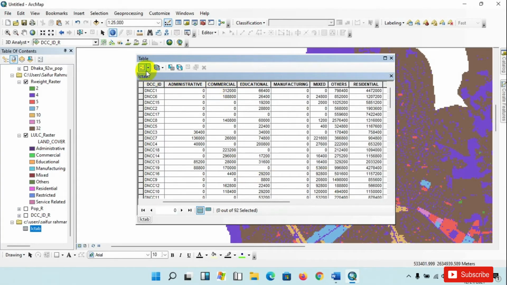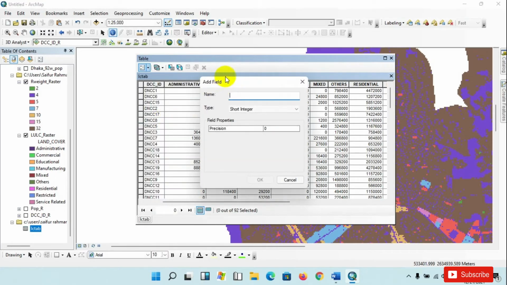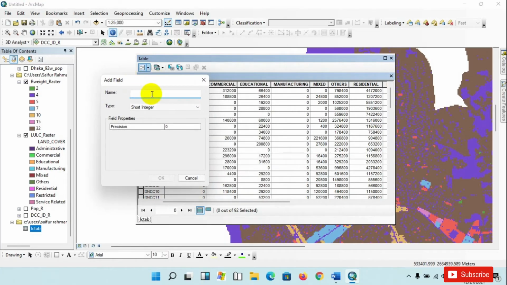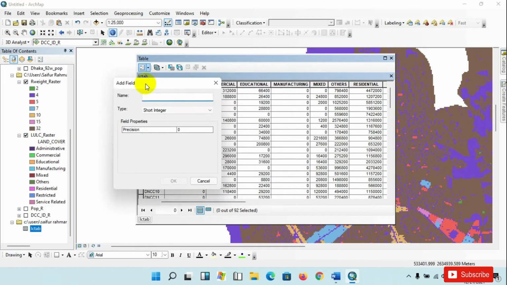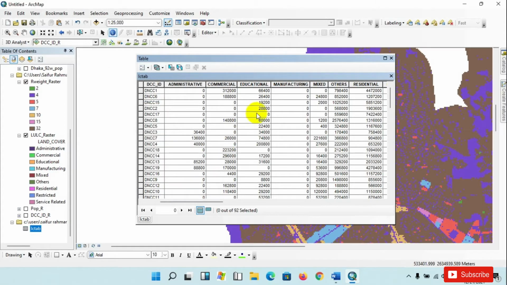After that commercial, click on add field, then proportion underscore commercial, type as a double, OK. Then educational, add field, type as double, p underscore education, then click on OK. Then manufacturing,